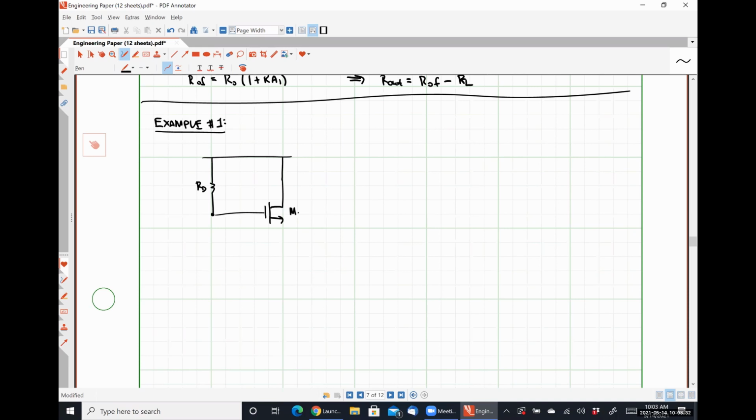This is going to be transistor M2. Here is our laser diode. Here is Vn. So this is going to be transistor M1. And then here is a resistor